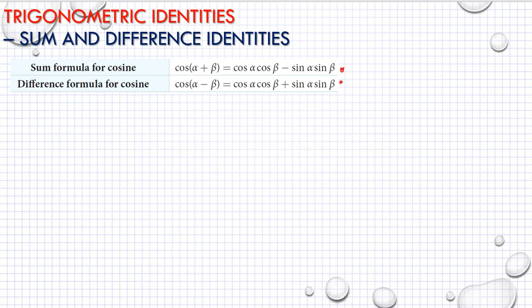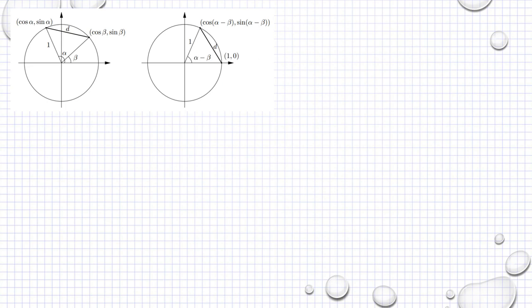I will start with the sum formula for cosine and the difference formula for cosine, as you can see here. This one and this one. I'm going to use these two figures. The first figure has two angles, alpha and beta, and for the first angle,